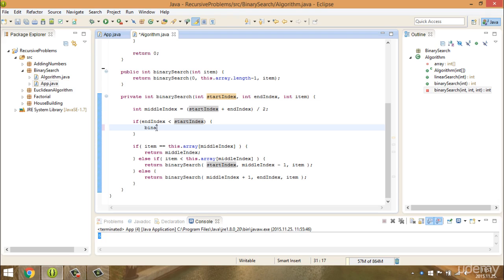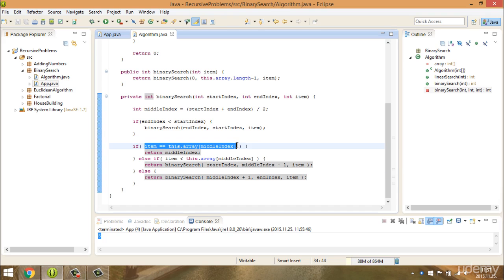Then I'm going to call this binary search with the end index, start index, and the item. Okay. And if the item is equal to the one we are looking for, so this is the array item, and this is what we are looking for. If they are equal, it means that we have found the item we are looking for,